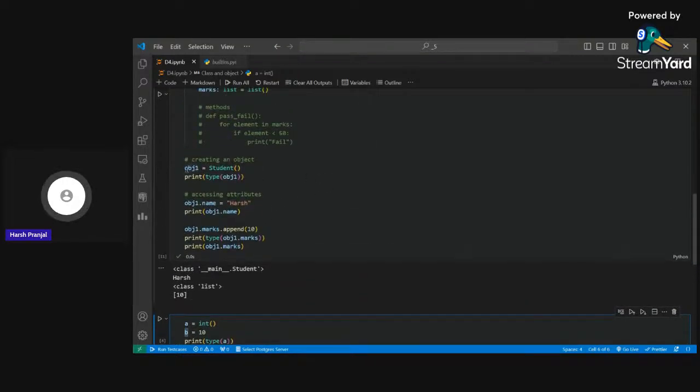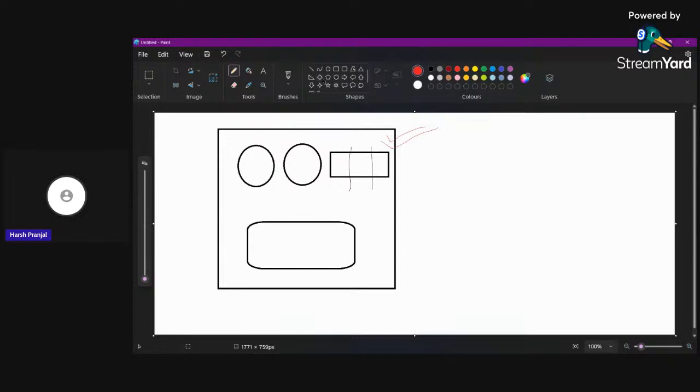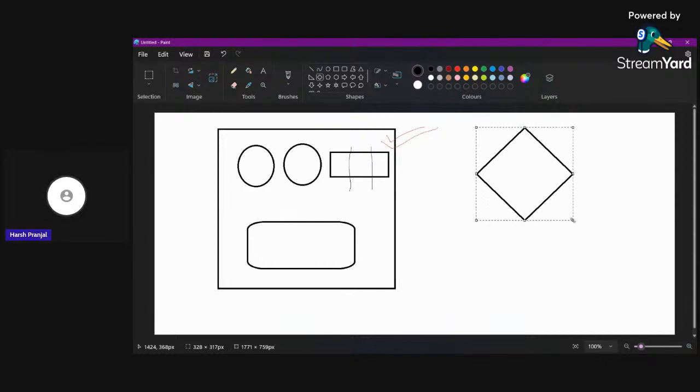We are using this obj1 as an object to create a particular object of the student class, right? What this is doing is using our student class as a blueprint. So what happens? Suppose